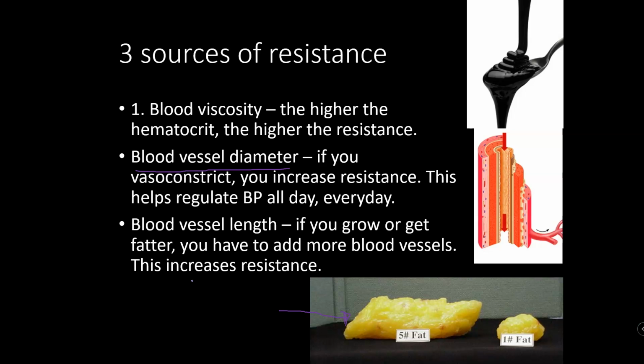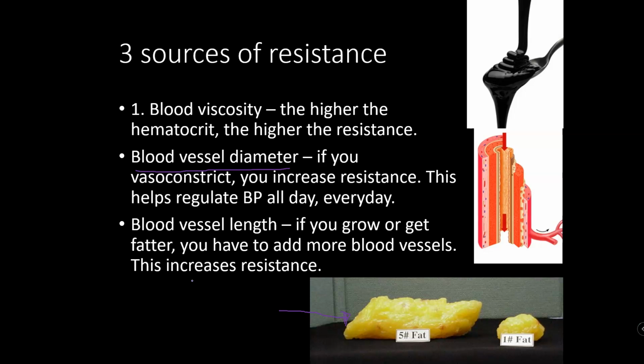Now, the bottom picture there is something that I've always wanted to buy, but those things are stupid expensive, and so I don't buy them for my nutrition classes. But what it's showing you is what 5 pounds of fat look like versus 1 pound of fat. The 5 pounds of fat ends up being roughly the size of a brick, like a house brick. So if you gain 5 pounds of actual fat on your body, you've just gained approximately a brick's worth of tissue onto your body. Well, you have to add the blood vessels to go with all of that tissue, which means you've just built yards and yards, I should use metric system, meters and meters of blood vessels to go along with all that tissue that you've had to add.